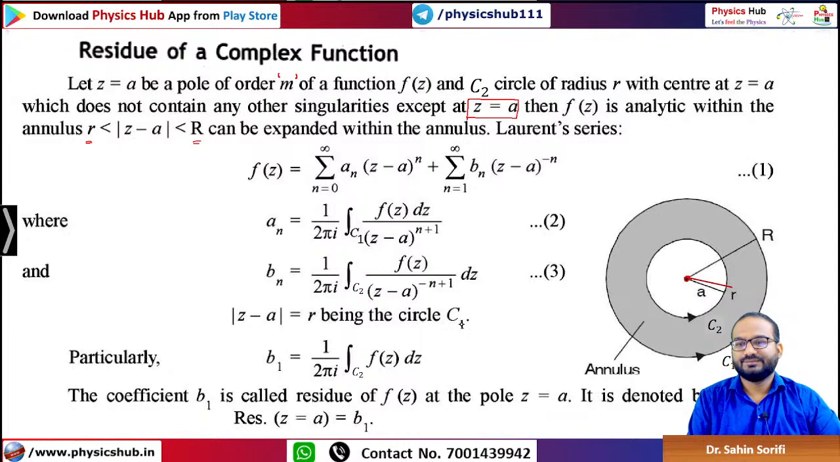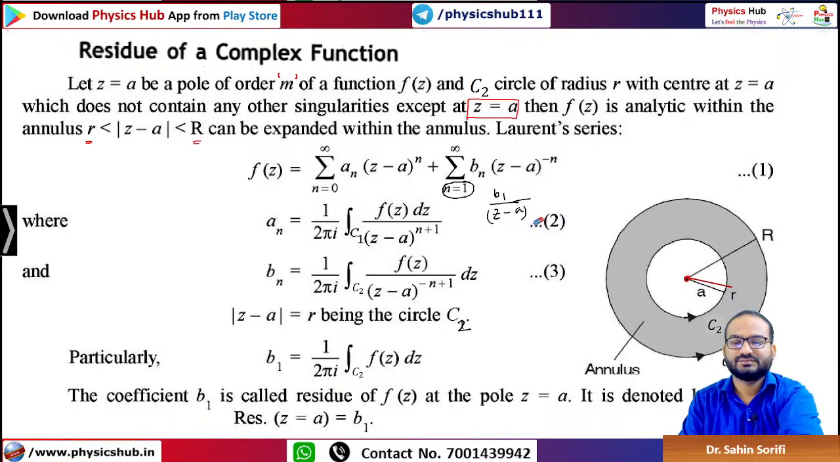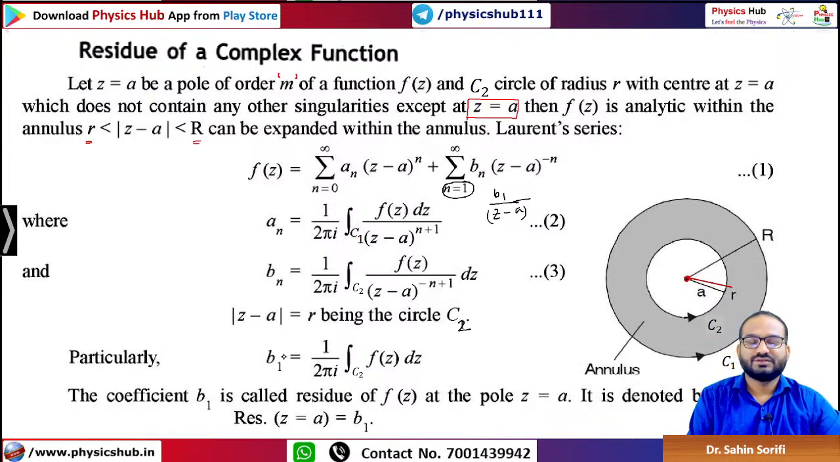Okay, this will be actually c2. b1 is equal to 1 by 2 pi i integration over c2 of f(z) dz. So if you take the first term, if you take n equals 1, what do you get? You get b1 by (z minus a) whole to the power n, whole to the power 1. So this b1, which is equal to 1 by 2 pi i integration over c2 of f(z) dz,